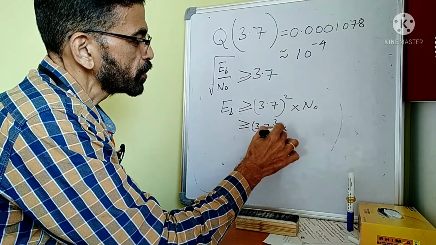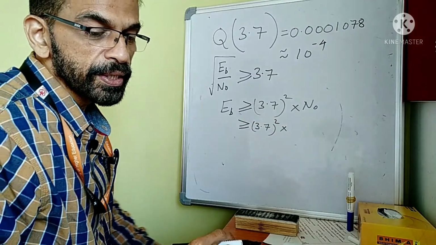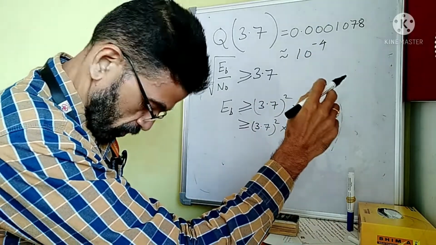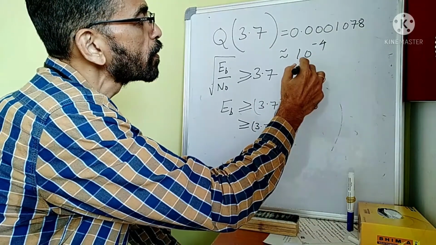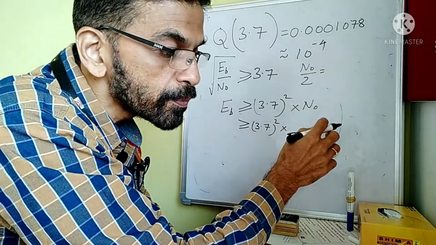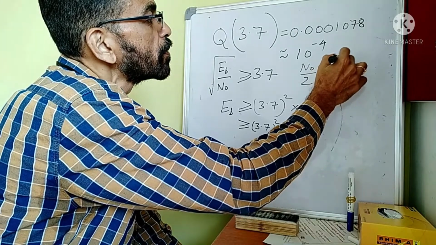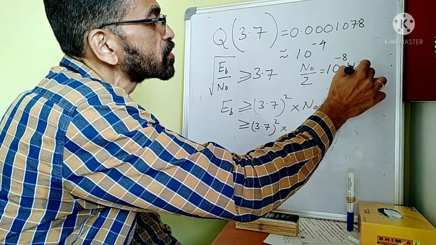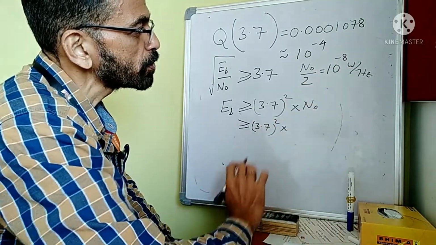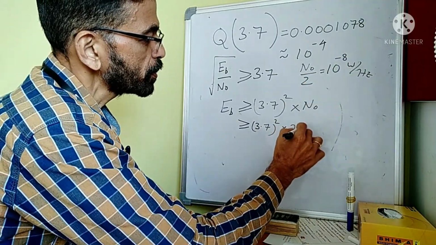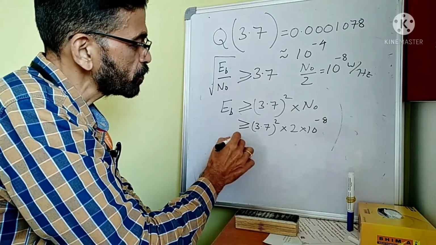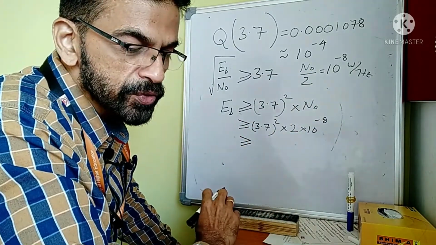That is 3.7 squared, into... Now if you take a look at the data again, it is said that the two-sided power spectral density of additive white noise is N naught by 2 equal to 10 power minus 8 watts per hertz. So that means N naught will be 2 into 10 power minus 8. So you can substitute it here, 2 into 10 power minus 8, and if you evaluate this,